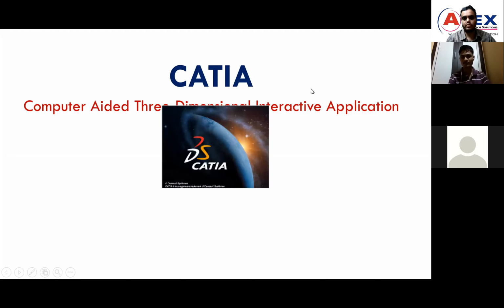So now it is opening. I have opened this CATIA, so let it open. Once it opens, we'll minimize the CATIA, then I will continue this slide.